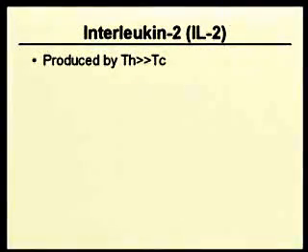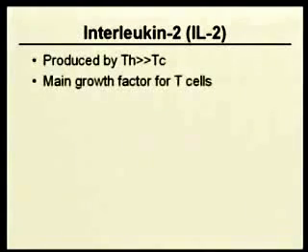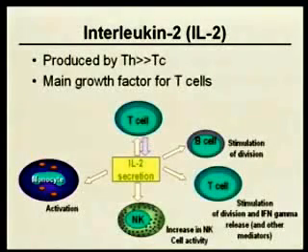This is produced primarily by the T helper cells, a little bit by cytotoxic T cells, but primarily by T helper cells. Again, this was thought to be the main growth factor for T cells, but it turns out that interleukin-2 can also affect a number of different other cells. It's not just specific for T cells. Shown here is an example of that. Again, the T cell is the main producer of interleukin-2, becomes secreted, and then it can actually affect a number of different cells. It can lead to stimulation of the B cells,